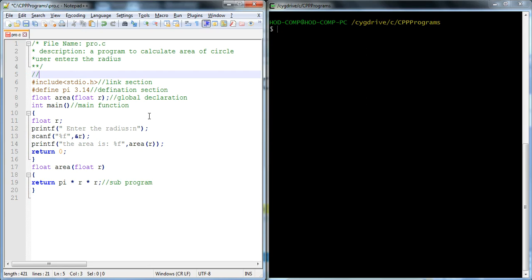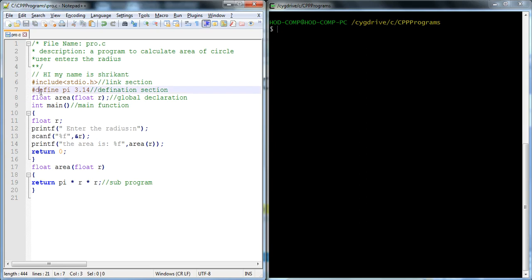If we want to make only a single line comment, we will mention it here, like "Hi, my name is Srikanth." This is not part of the program, because it is a comment, not a coding part. It's only an explanation about the code, what exactly this code is. That is the description, right?